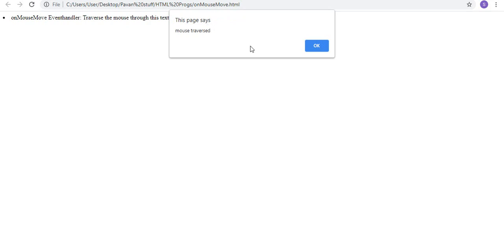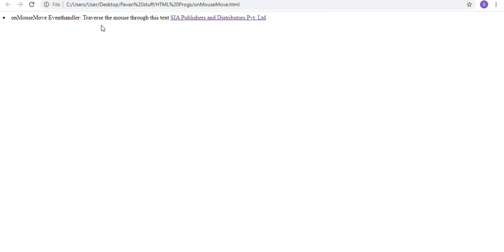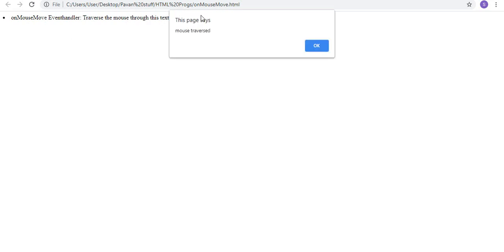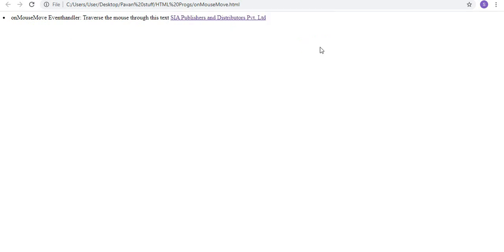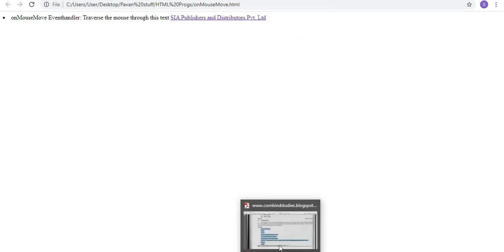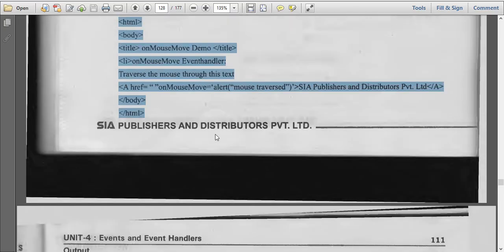On mouse move. So traverse the mouse through this text. Whenever the mouse pointer touches this text, that event will occur. Whenever the pointer moves on the text, that event will occur. So that is on mouse move.